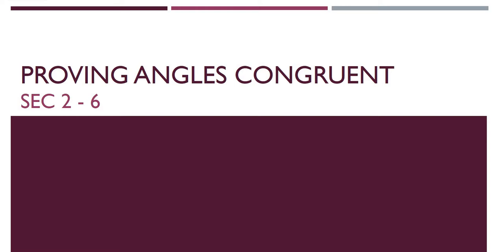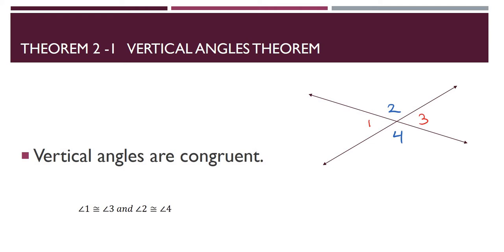Section 2.6 is proving angles congruent. We're going to do some more proofs. So let's see. Theorem 2.1 is the vertical angles theorem. Now a theorem